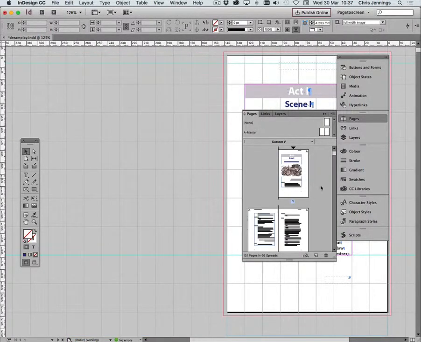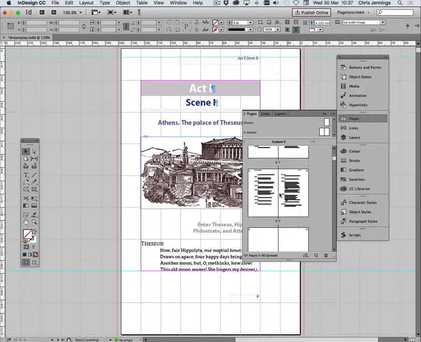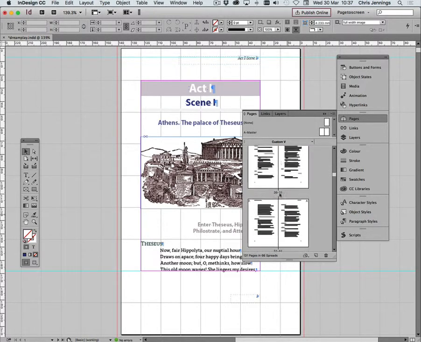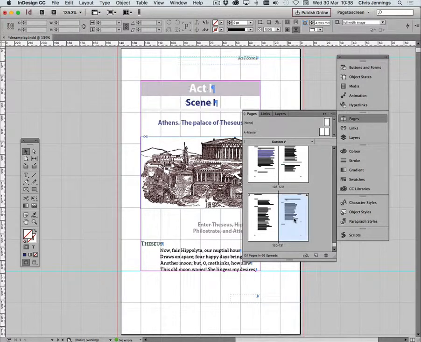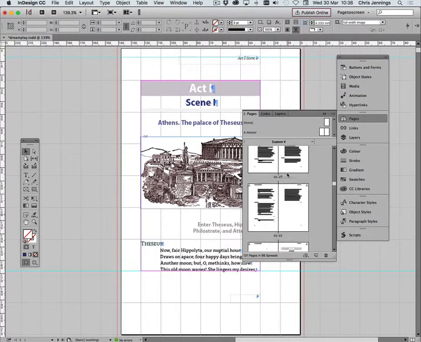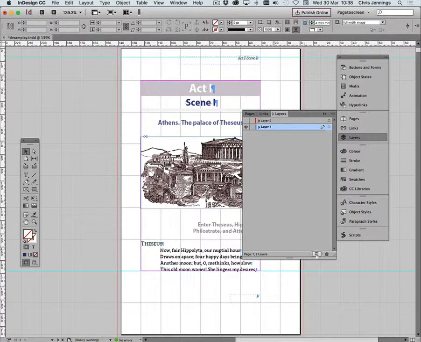You need to essentially simplify this whole thing. So we've started on page 1 with Act 1, Scene 1, and we've moved on. All of these pages are in spreads, and let's just go right down to the bottom to make sure we haven't got any overset text. We have to now do the same as we've done before, create a new layer,